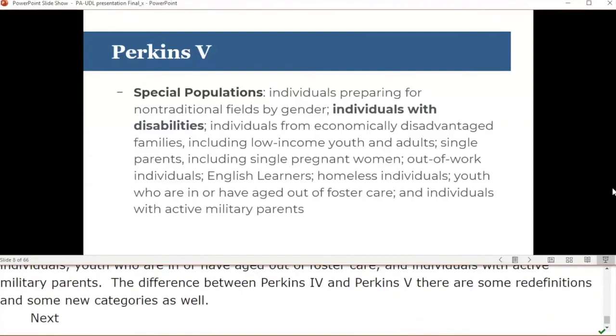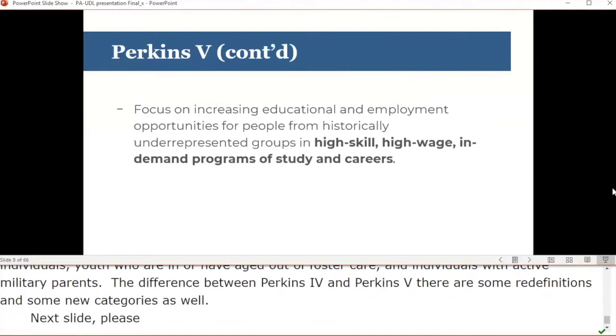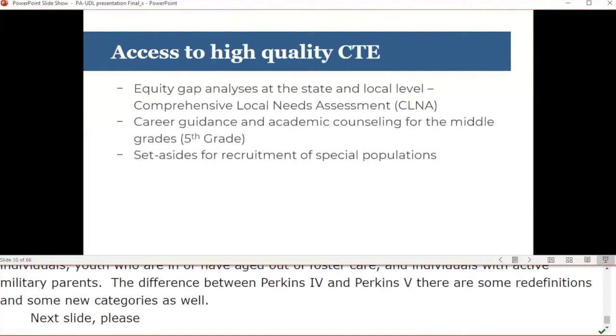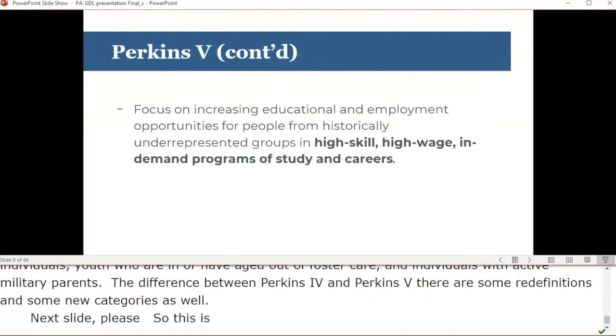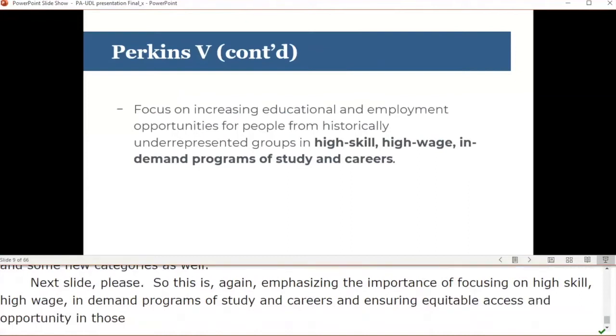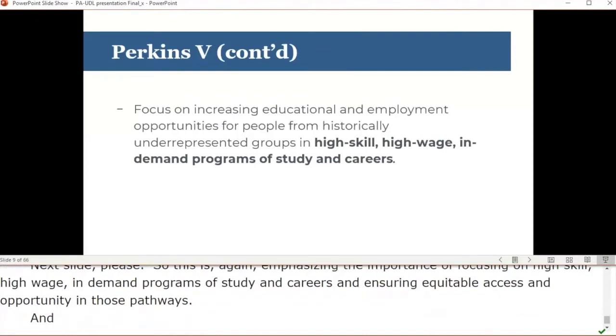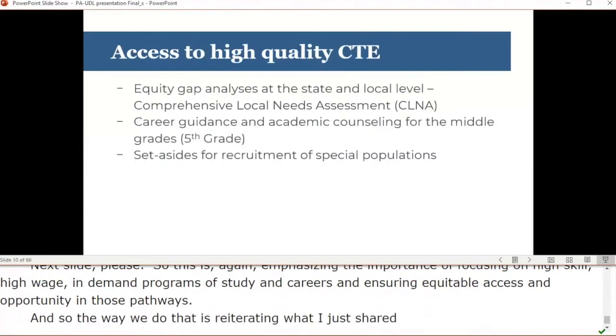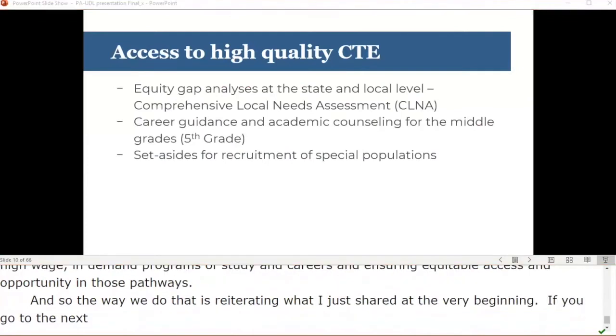So this is again emphasizing the importance of focusing in on high skill, high wage, in demand program study and careers, and ensuring equitable access and opportunity in those pathways. And so the way we do that is reiterating what I just shared at the very beginning, and that is, if you go to the next slide, please, that equity gap analysis at the state and local level with the